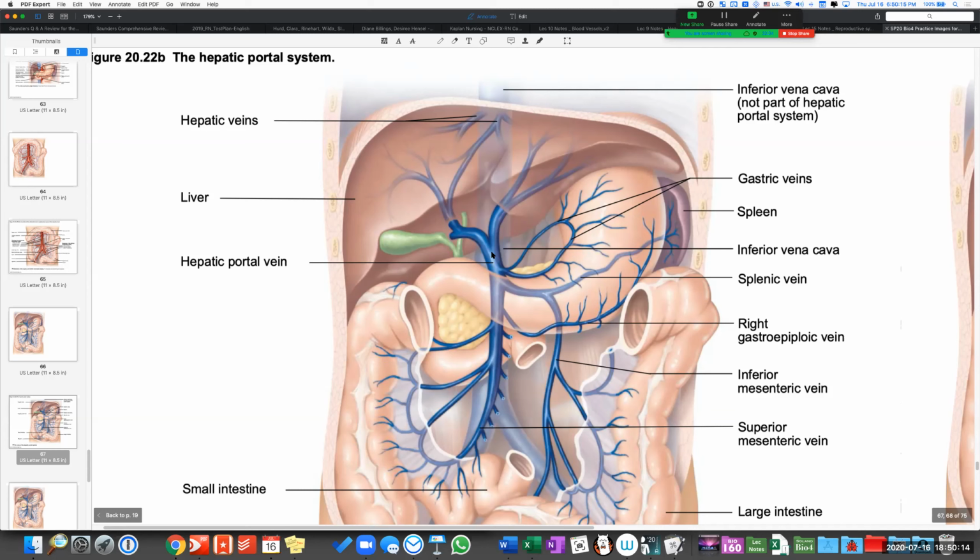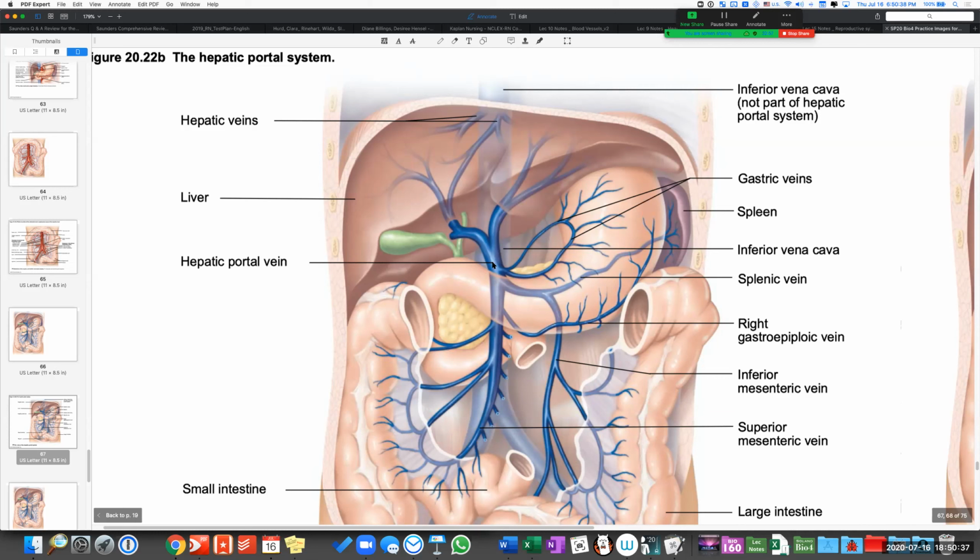Now, this is not to be confused with hepatic veins. So hepatic portal vein and hepatic veins are very different. You see, one drains into the liver. The other drains from the liver into the inferior vena cava. Okay, so hepatic portal vein carries that